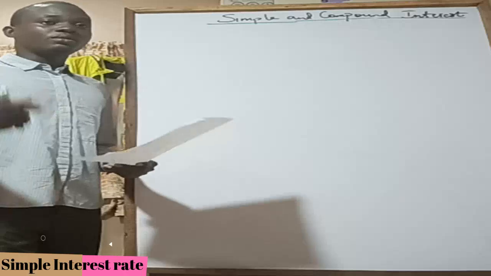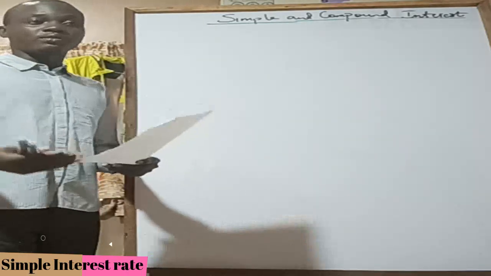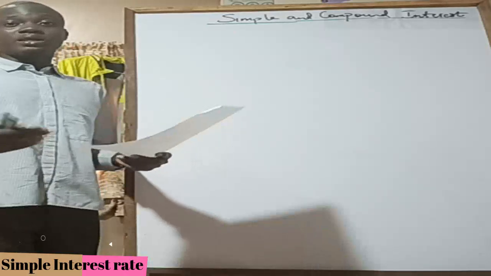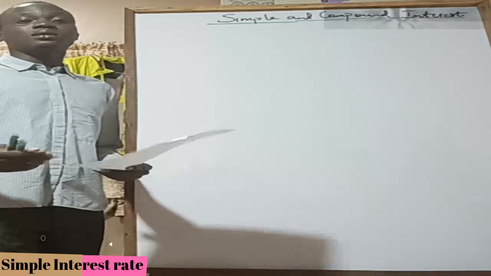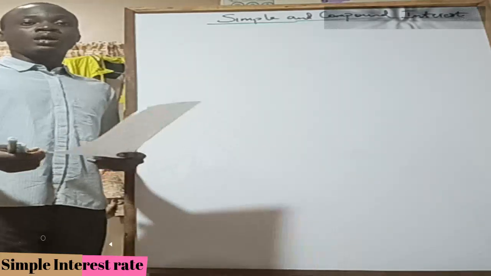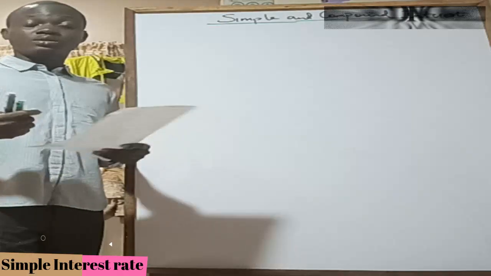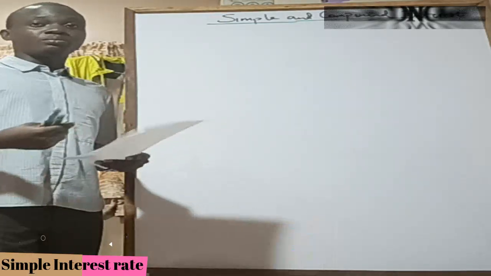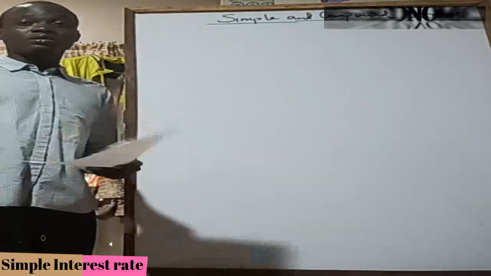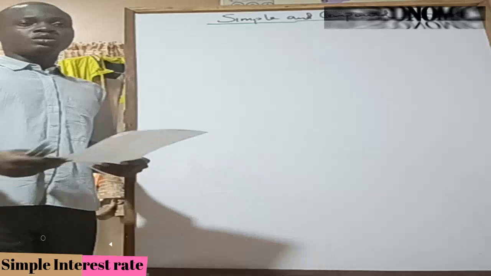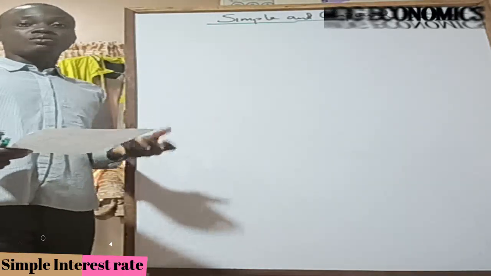Now, basically speaking, simple interest is the price paid for obtaining a loan. So it's just like the price for a loan. Normally speaking, you look at it in the sense that if I lend you some money, I could have used the money for something else. So I need to charge you an interest. I need to charge you something that you should pay me that would at least be equal to the other thing I could have put the money into at the present time. So we are looking at it in the sense that interest is paid on loans simply because of opportunity cost